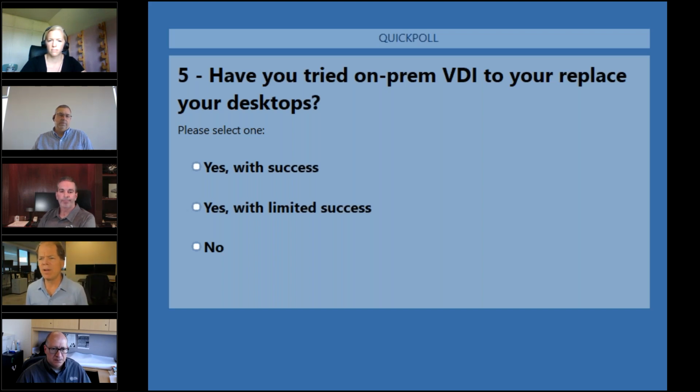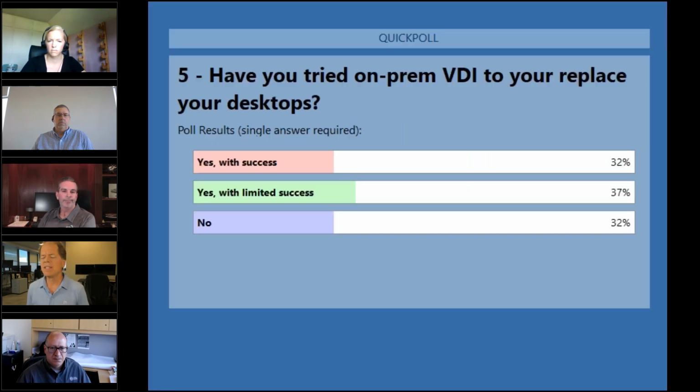Okay, so let's go ahead and grab some polling there, and we will then close the polls and share the results. Now, what we see here with the audience we have today is a pretty even split across this. So it means about a third of the folks haven't tried VDI at all, which is a pretty good thing,